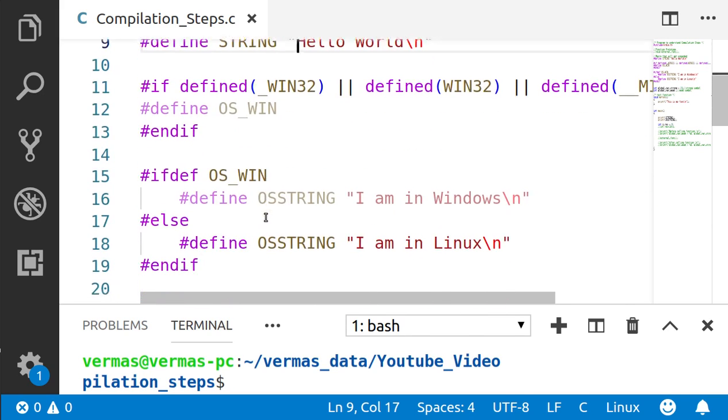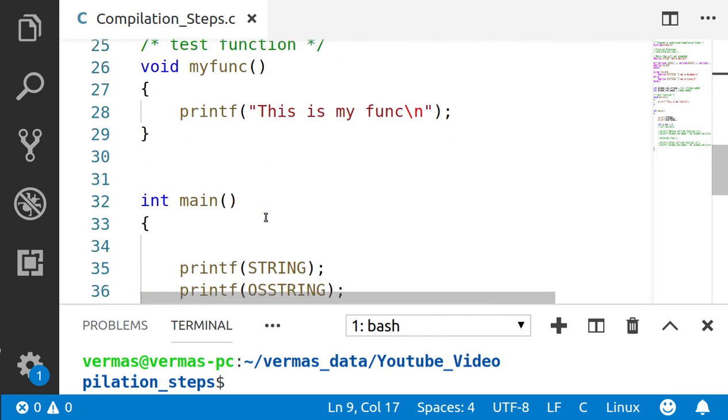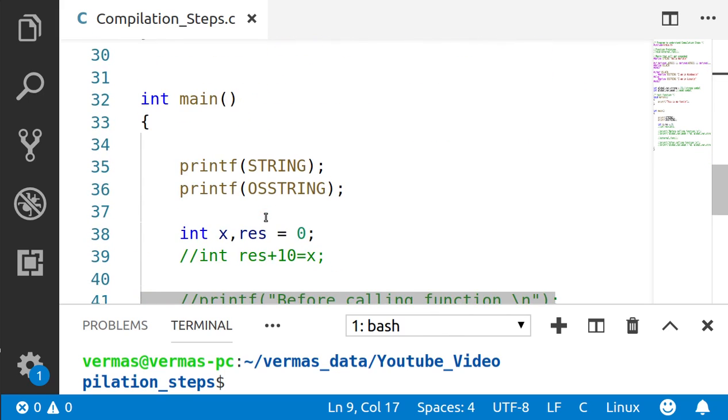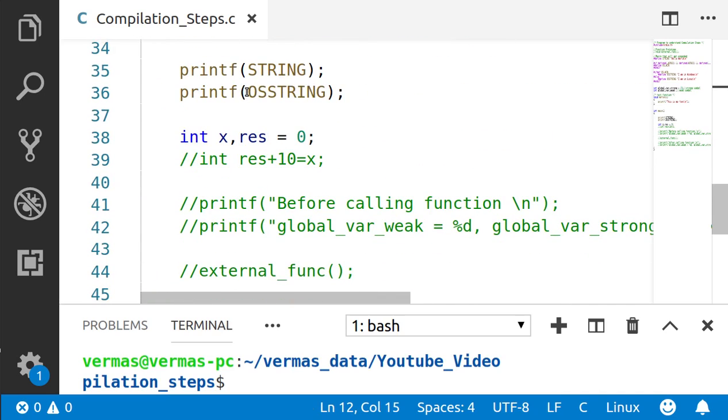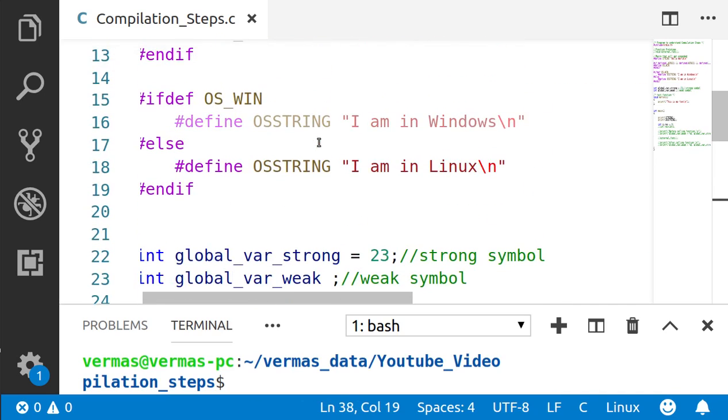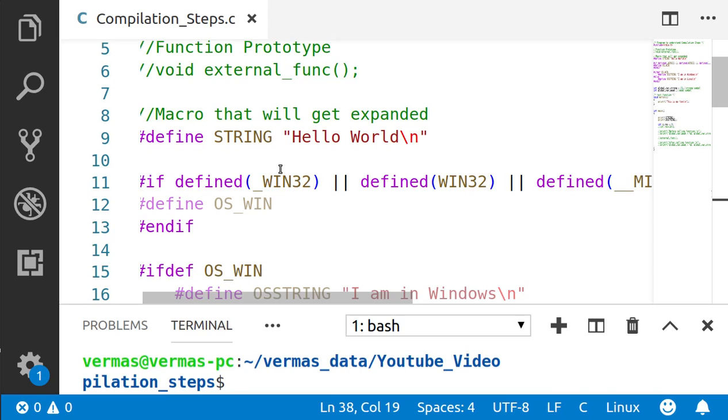What I want to show here is, in the pre-processing stage, whenever you run this file, you will get some output, and in that output this string is replaced by hello world, and the OS string gets replaced by the OS version that you are using.